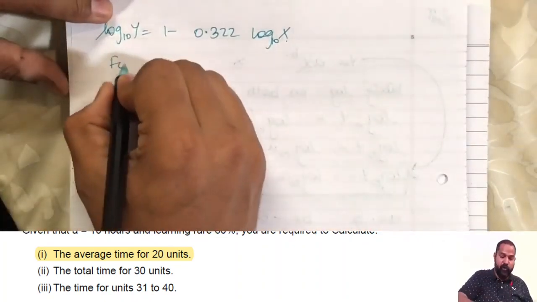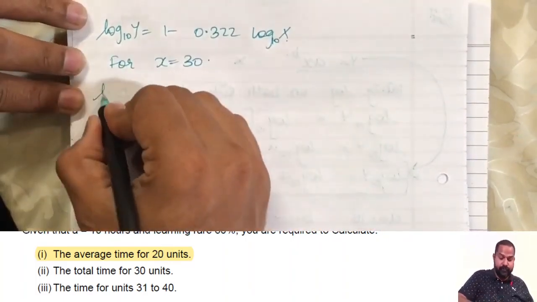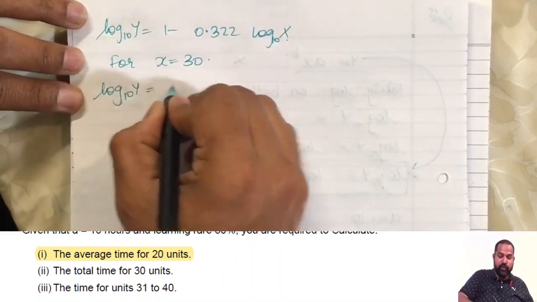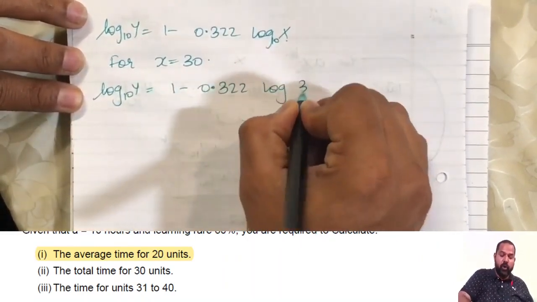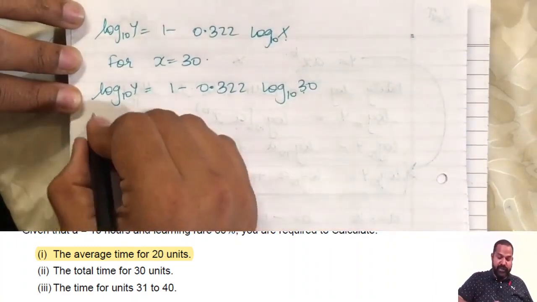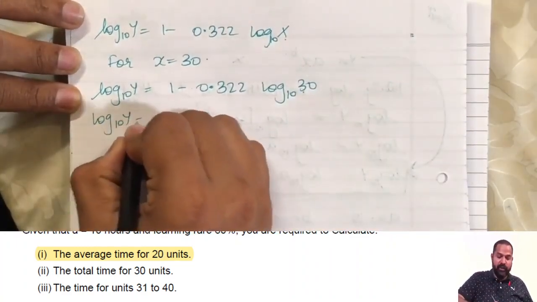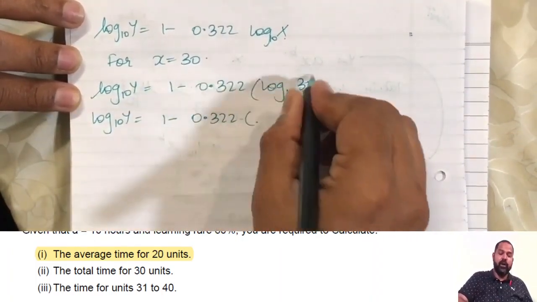So I'm going to use that only. For x equals 30, I will have log of y to the base 10 is 1 minus 0.322 log of 30, which in the next step becomes log y to the base 10 is 1 minus 0.322 into